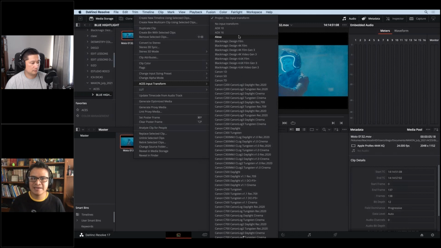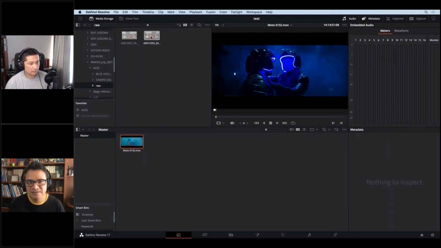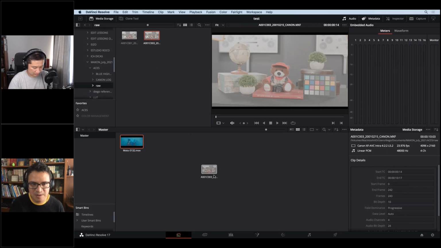So that's the reason I ask Max and I say, hey, what is the name of the camera? And he says Alexa. So we select Alexa. And here, as you notice, the footage is already okay and ready to work. As I told you, with raw files, we actually don't need that. For example, this is a camera raw. And when I select it here,